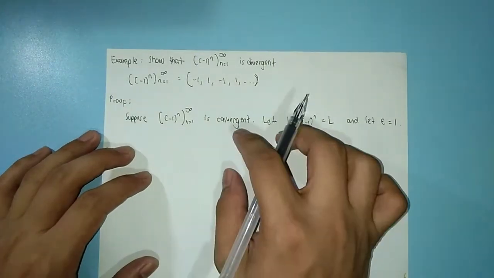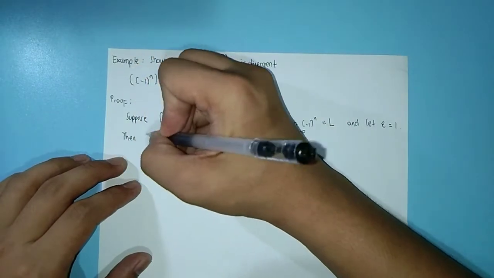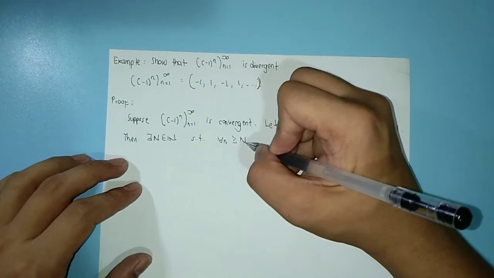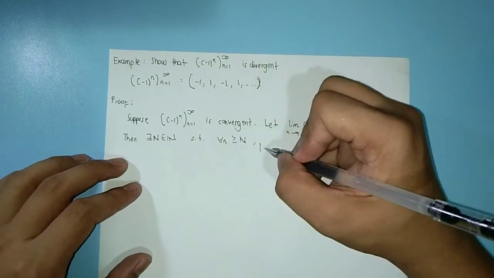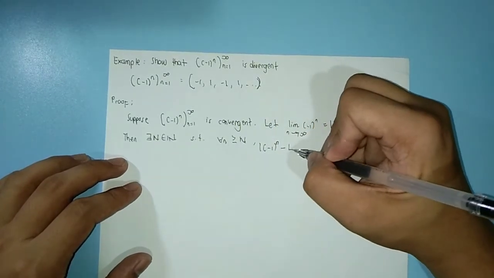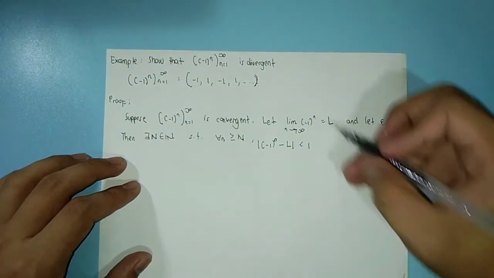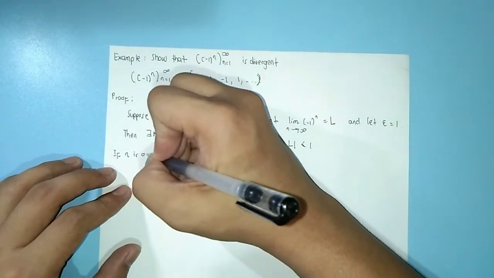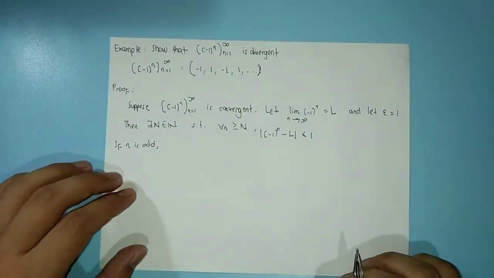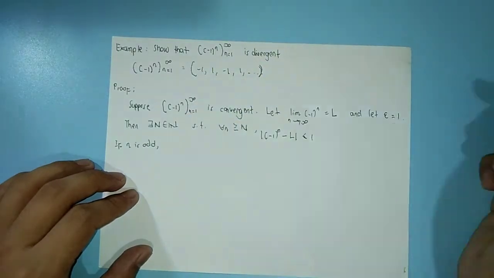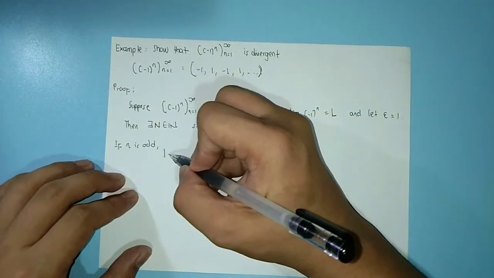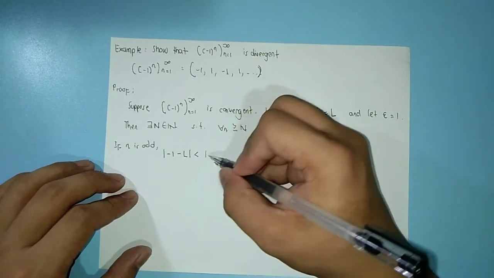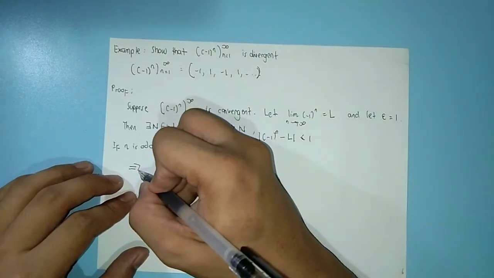Now, by convergent sequence, may mag-e-exist na natural number N such that for all n greater than or equal to N, the absolute value of (-1)^n minus L is less than 1. Ito yun. Now, but if n is odd, so katulad ng pinakita ko kanina sa sequence, puro -1 na lang yung odd. So, ibig sabihin, if n is odd, then the absolute value of -1 minus L is less than 1. And this implies